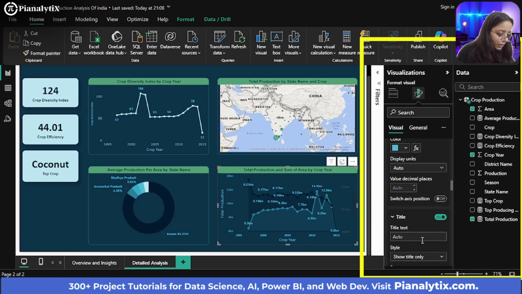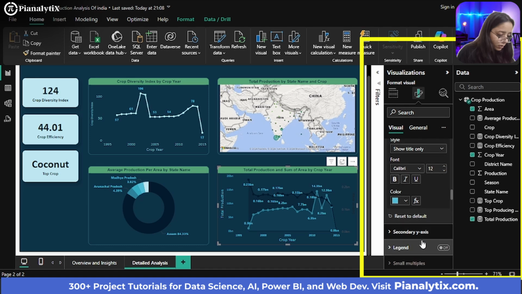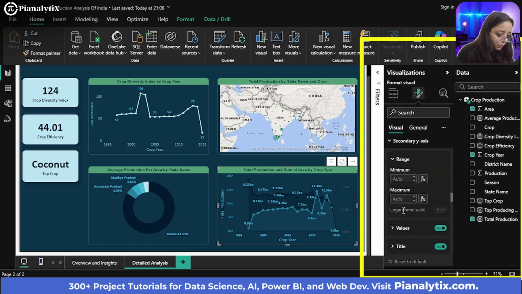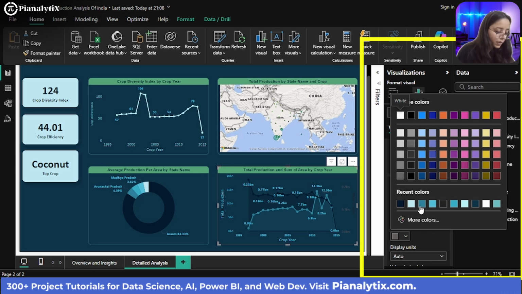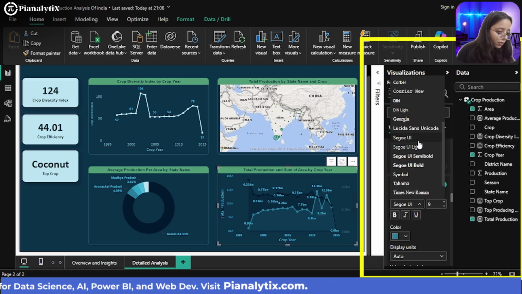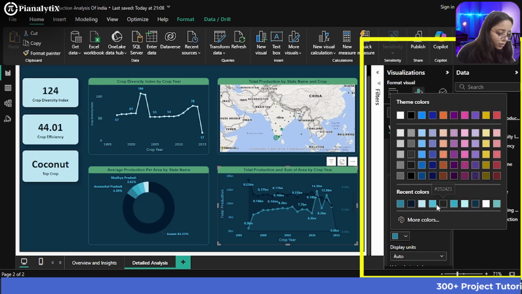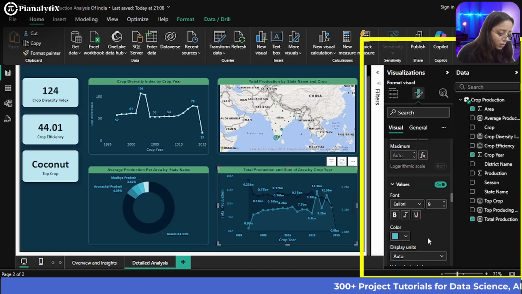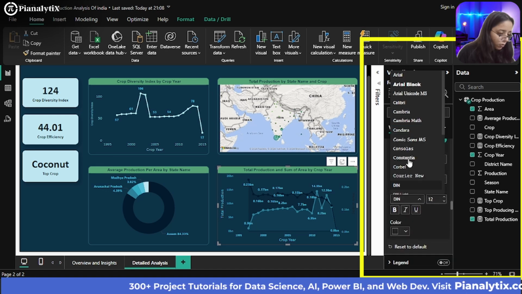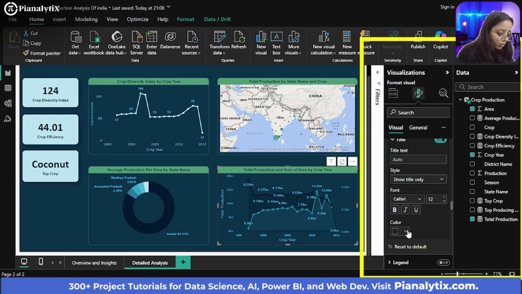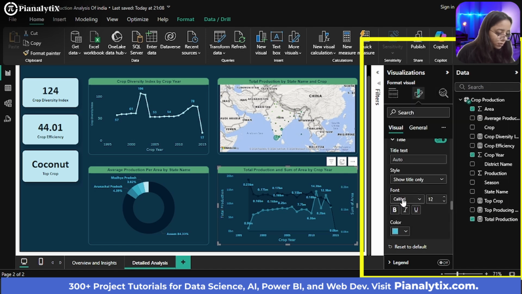And for the secondary y-axis, you can go to the secondary y-axis drop down menu, and for values you can choose the color that has been consistently used, and go with the Calibri format and choose this color. And the title also, go with the Calibri font and go with this color.